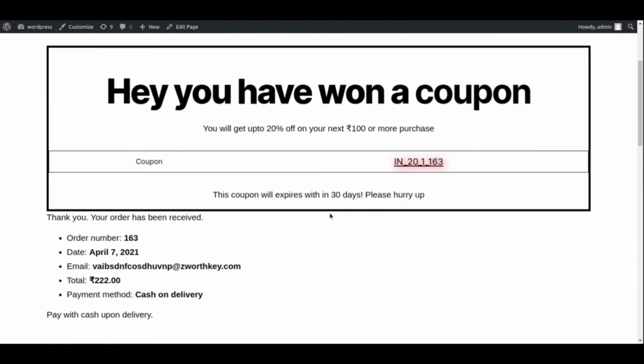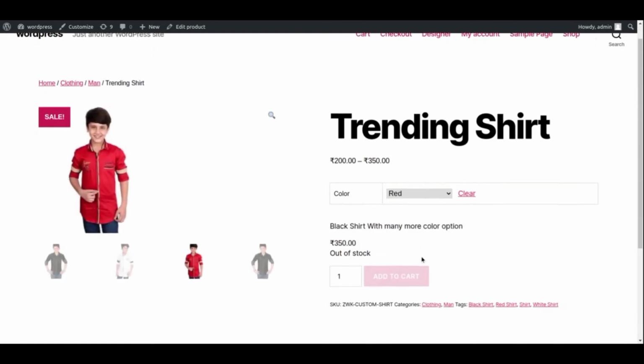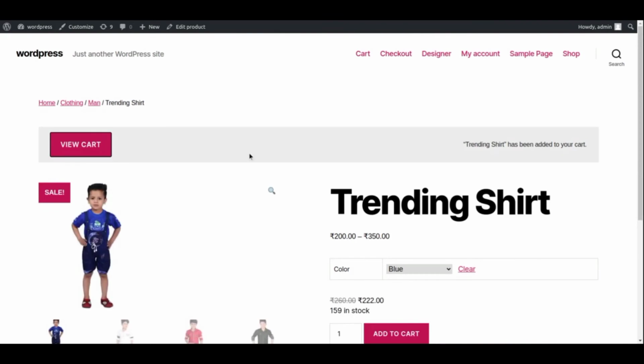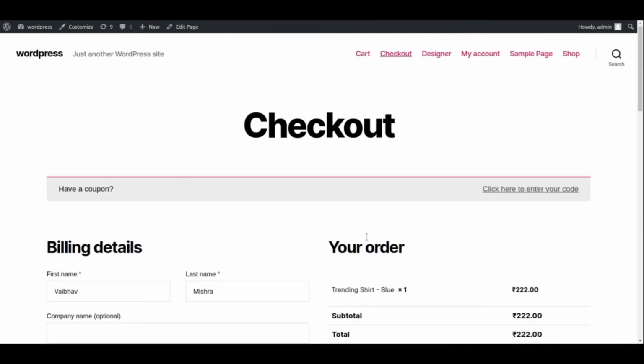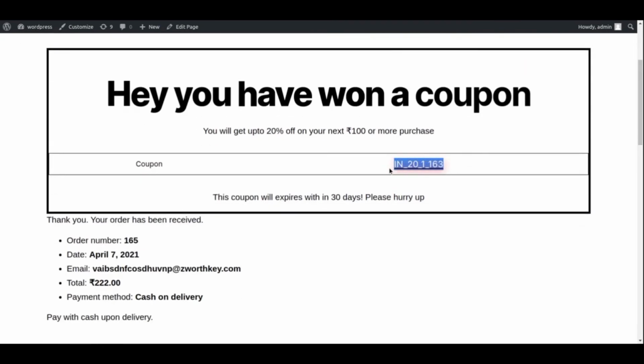If you didn't use this coupon, let me show you just a bit. As I didn't use it, I add it to cart. The same coupon code is appearing, as you can see, and now I can just copy it, go to the shop, and use this coupon code.